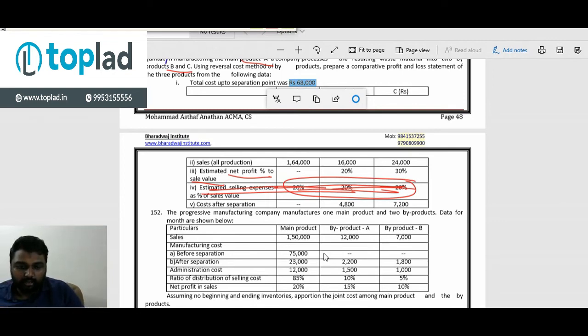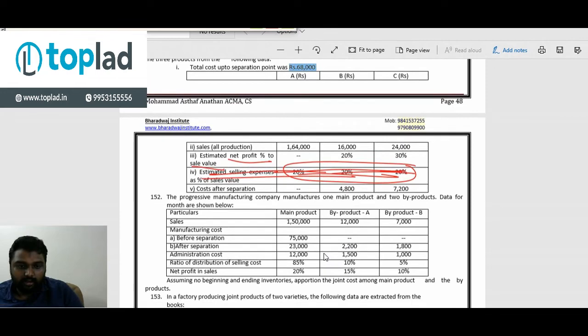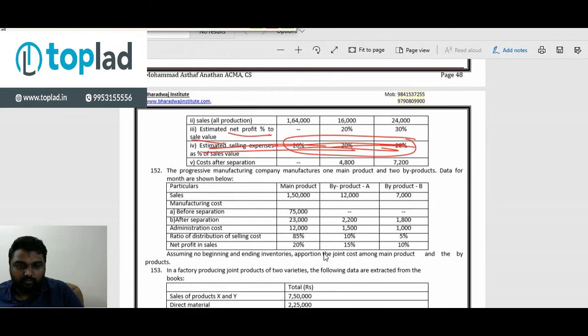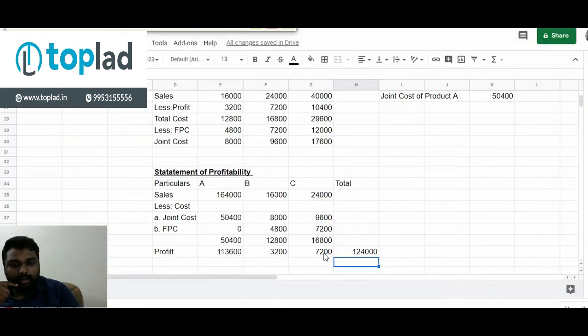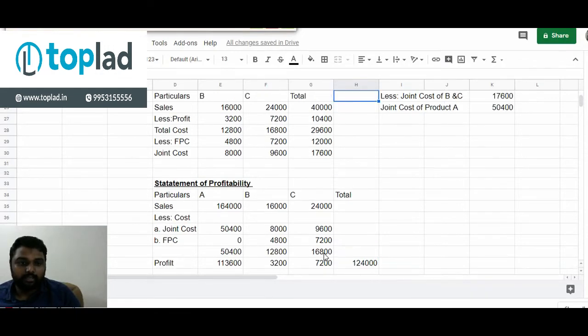A similar question, here it is. Here we will do 152 with selling expenses. For your better understanding, I will also tell you how it will come if selling expenses are there. If selling expenses are there, here,